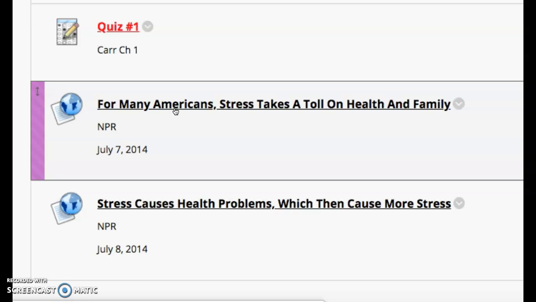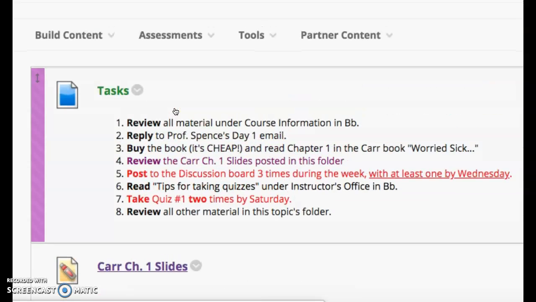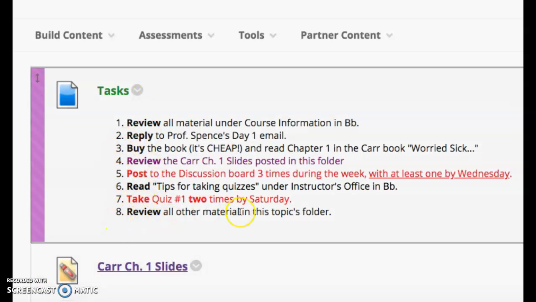They may feed into your blog assignments later, so I encourage you to do all of those tasks and to get down to the last one and just go through those things. It's light reading. Sometimes it's even an audio clip or a video clip of something.